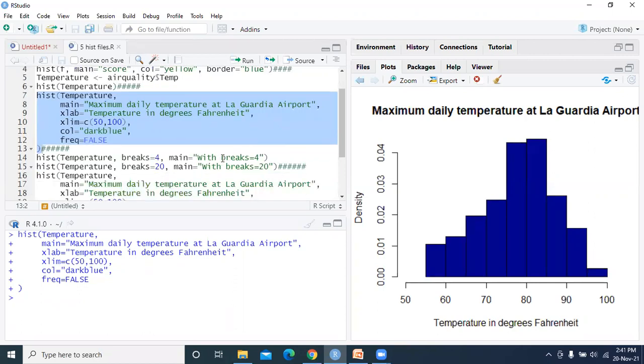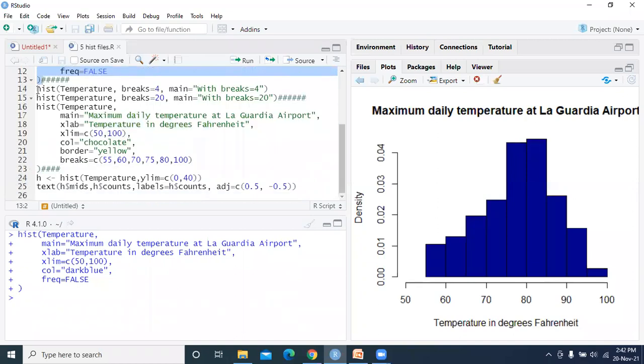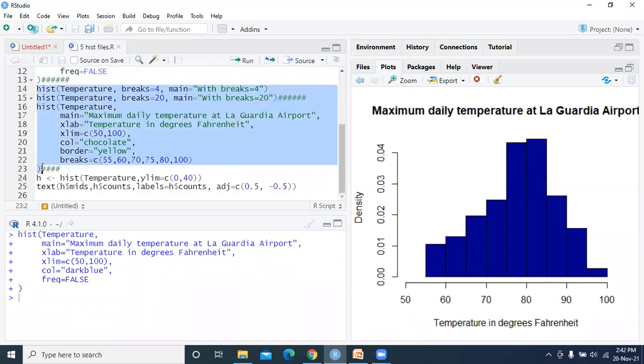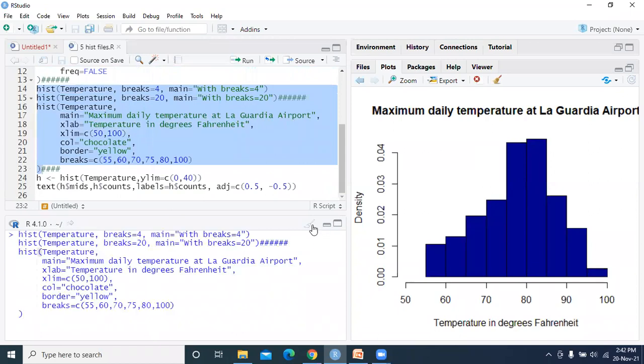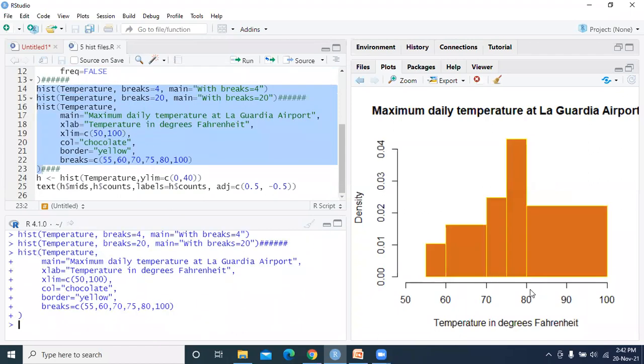The next thing is you can give breaks. Let us see the purpose of breaks. After 80 to 100, there is no bar. So that is the importance of this particular argument, breaks. Okay.